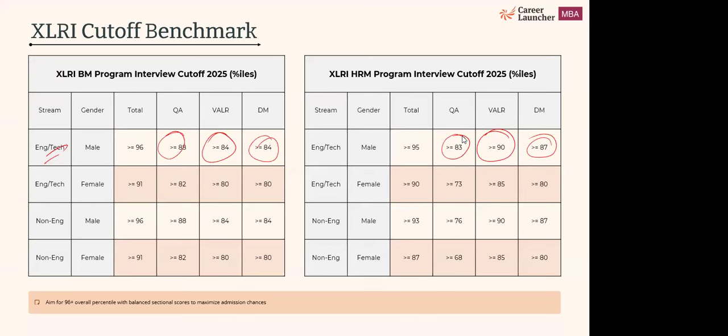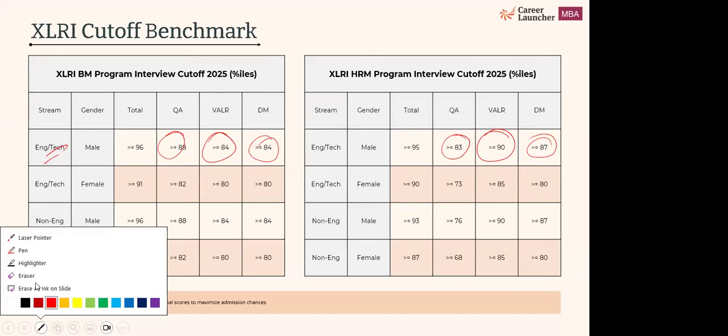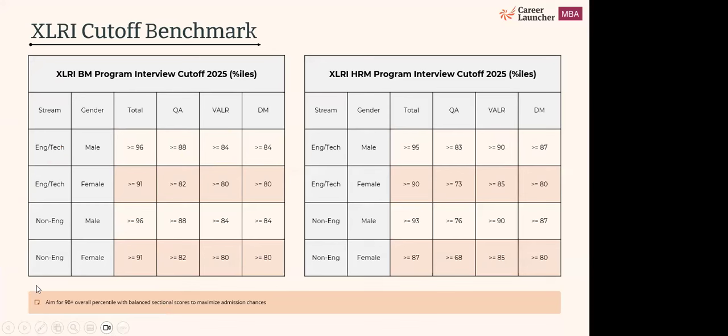If we clear the cutoffs, how much chance will we get a call from XLRI? Reasonably good chance. But please remember, unlike CAT, unlike the IIMs, XLRI has a high weightage for the XAT score, 60 to 65%. So while you will get a call for BM at something like a 95 percentile also, as you can see out here, unless you are about 98 percentile or above, interview conversion becomes reasonably difficult. You need an outstanding interview with a 95 percentile to convert the call.